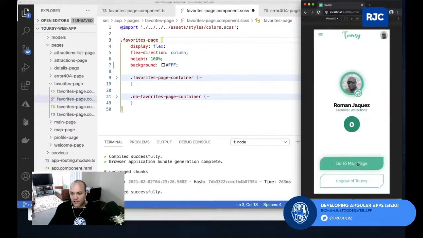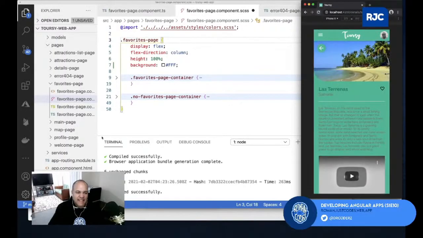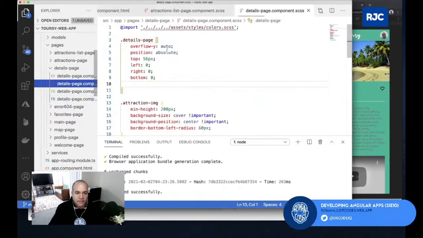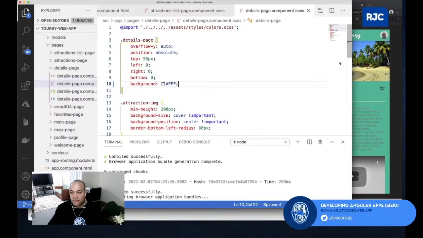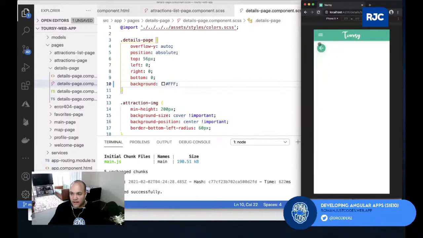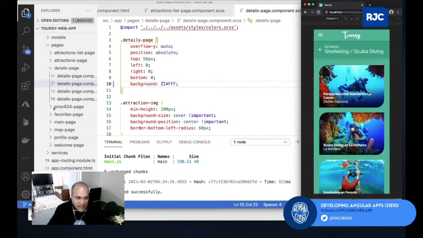Let's say if I go to my profile and then I go to the main page, if I go to one of these activities, you see the details page also needs that. So I'm gonna implement that because it wasn't implementing that, the app page, and for a specific reason. Also, the other page that didn't have that, let me go back to here, and then if I go, for example, to my activity, and then I go the activity